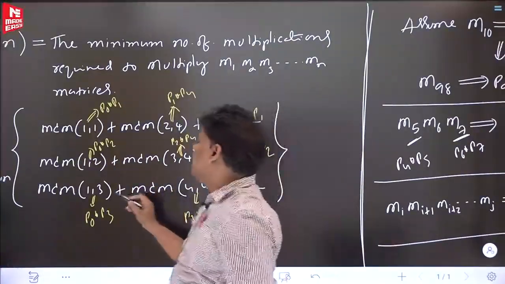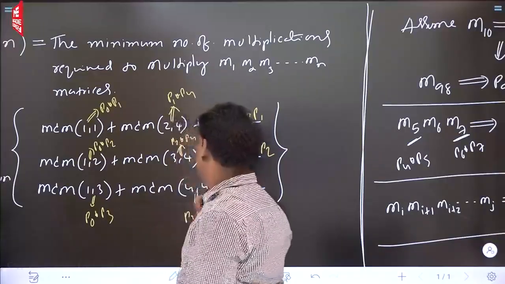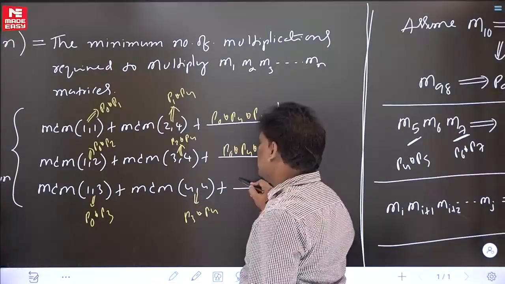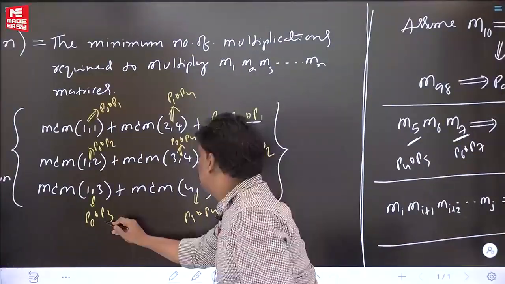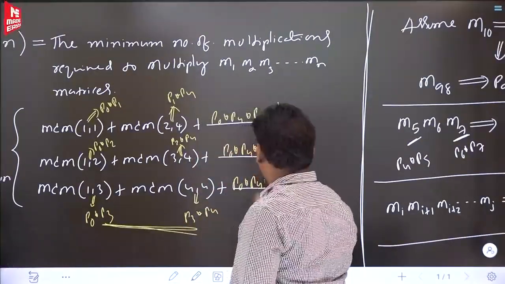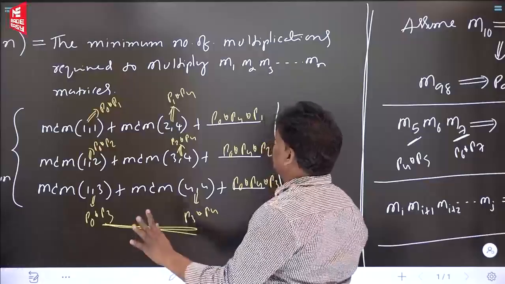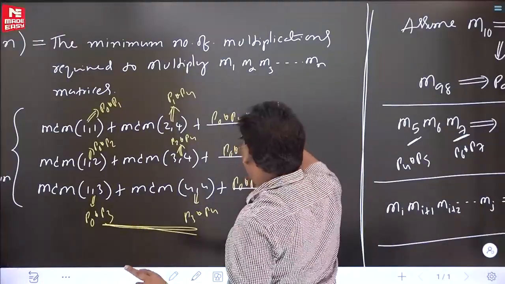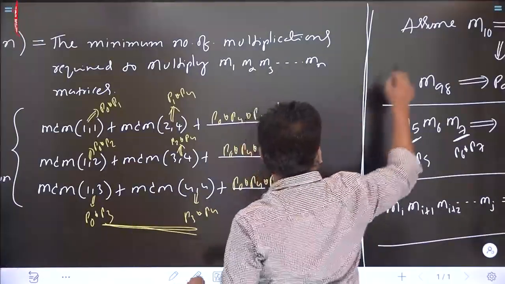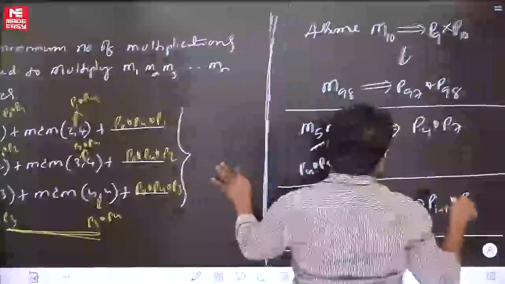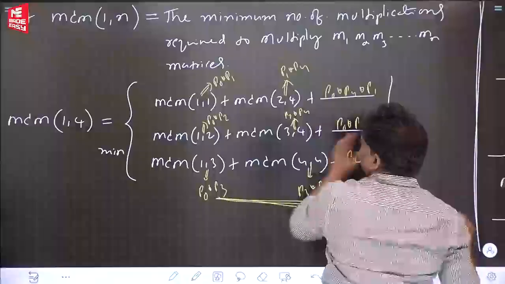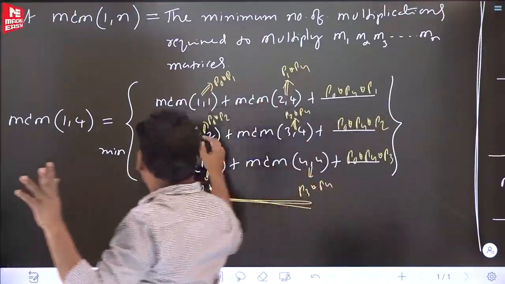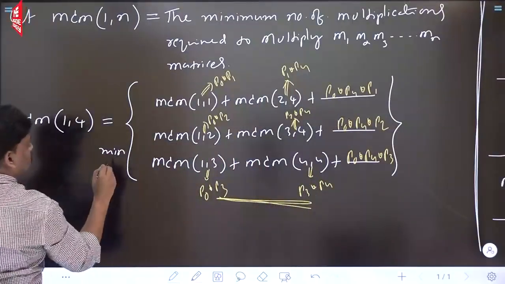Can you help me now? Left matrix size P0, P3. Right matrix size P3, P4. Resultant matrix size P0, P4. What are the right multiplications for combining into P3? So like that. That is the reason initially I kept gap, because if I want to do this, right, this is required. Assume this, assume first one, from that all will come. So based on that I calculated this one. So out of all these things, whichever is better, that is going to be your answer.